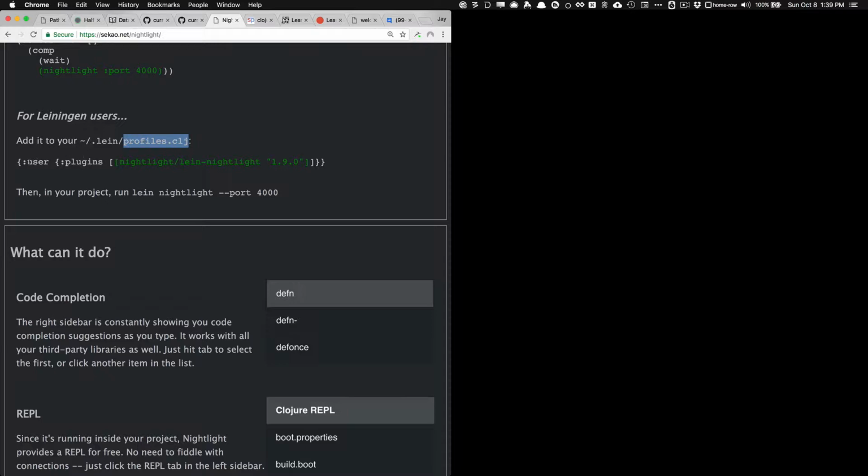And there will be what we call associative data structures, a map. So here we have the user key, and the value of the user key is another map. Maps begin with a curly brace. And then we have the plugins key, and the value of that key is a vector. And this vector holds